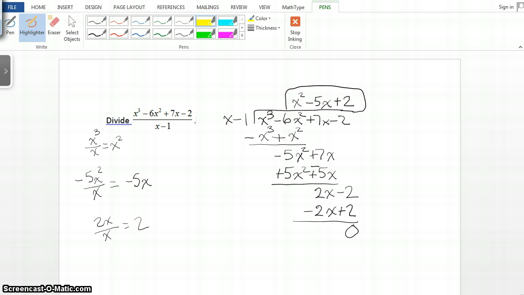Let me highlight these. It really depends on the sign of this. That'll be the first part of your answer. Then the sign of this, that'll be the middle part of your answer. And the sign of this one right here is going to be the sign of that one. So whenever you're dividing